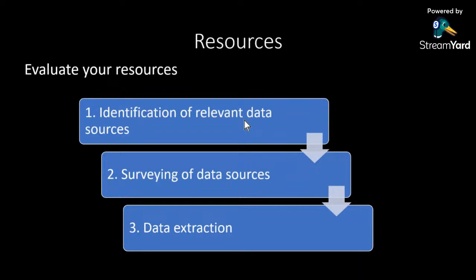So first, we need to identify relevant data sources. So know the sort of information that we are looking for and identify the resources that can provide this information. Second, we have to survey these data sources. We have to see to what extent they are delivering what they are promising to deliver, because sometimes, as I was saying, some resources claim to provide linked open data, but it's not 5 stars linked open data. So be sure that the data is in the best format possible for your goals,